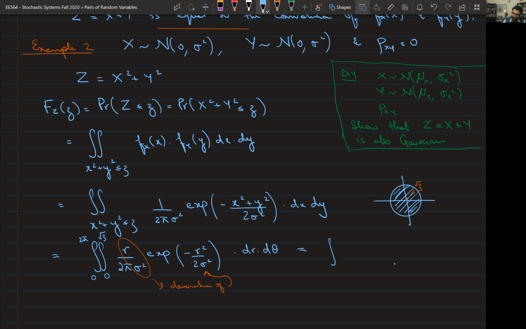This is the integral from 0 to 2 pi of 1 upon 2 pi, e raised to the power minus r squared by 2 sigma squared from 0 to root z, d theta. There's nothing in there which is a function of theta, so 2 pi is going to cancel with that, and so therefore this is going to be equal to 1